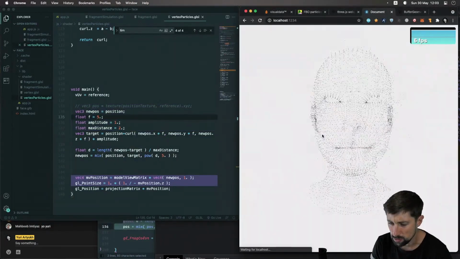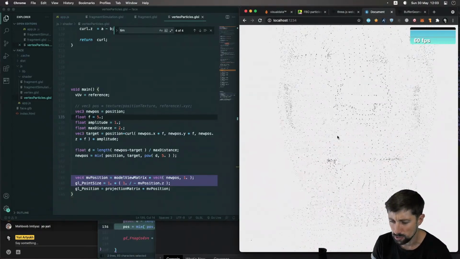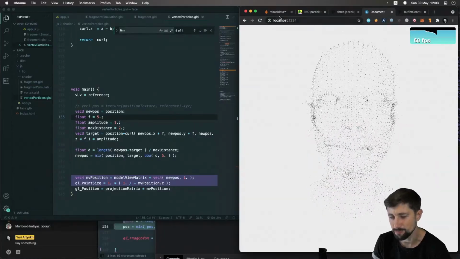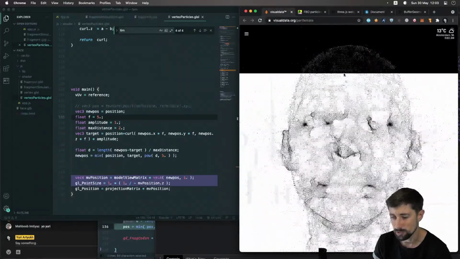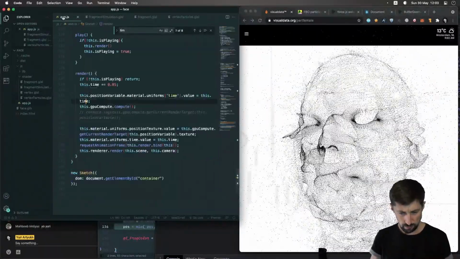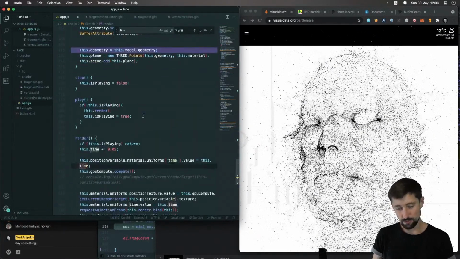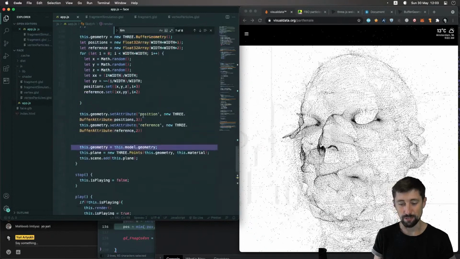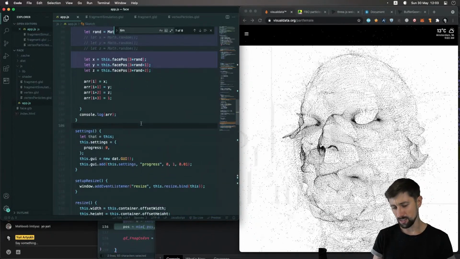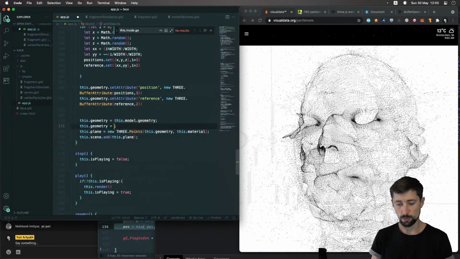I have to nail the coefficients. No, it looks kind of already very close. It's just that I don't have enough points to look at cooler. So what I could do here, I could, instead of the face, use the sphere, because sphere is kind of a very rounded face. And then this model geometry where I use it. So instead of this, I can do